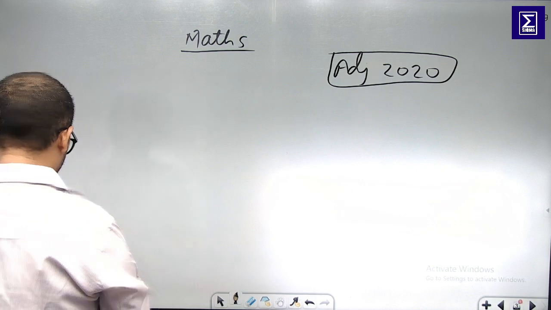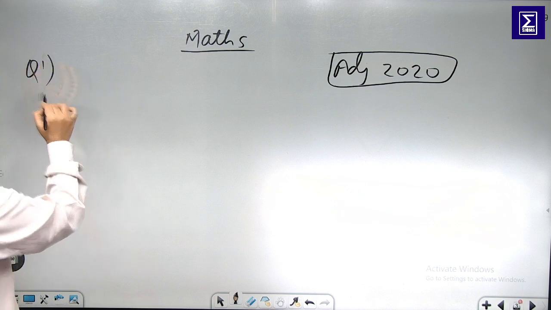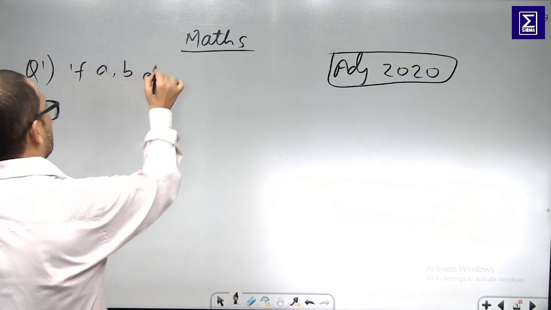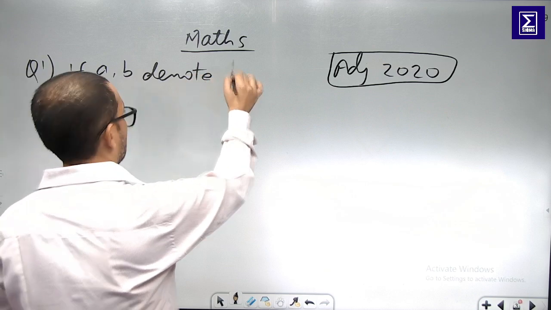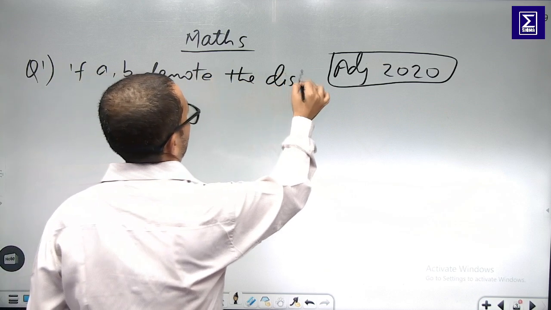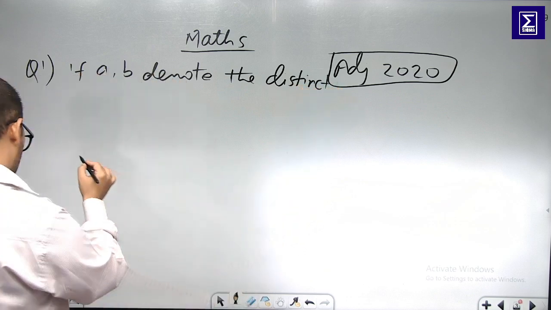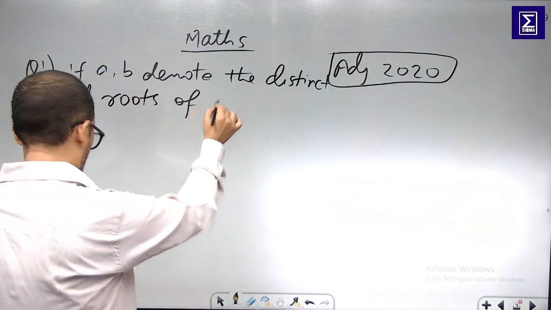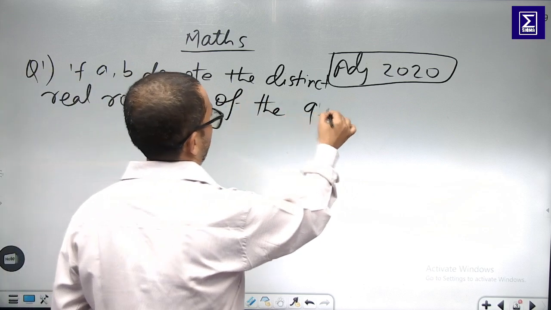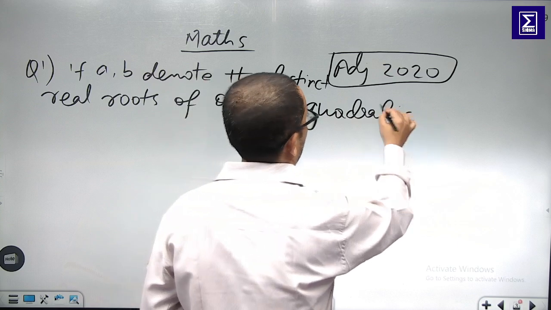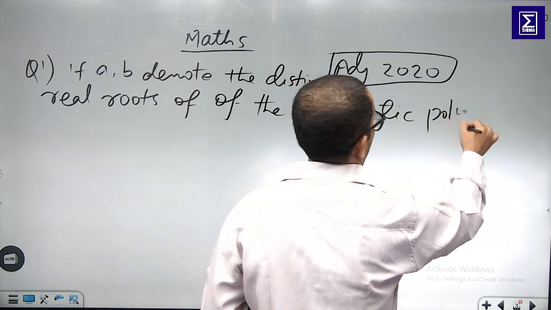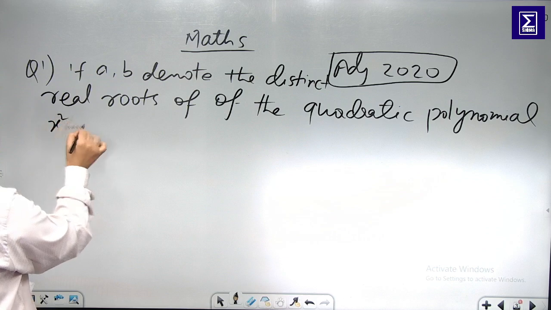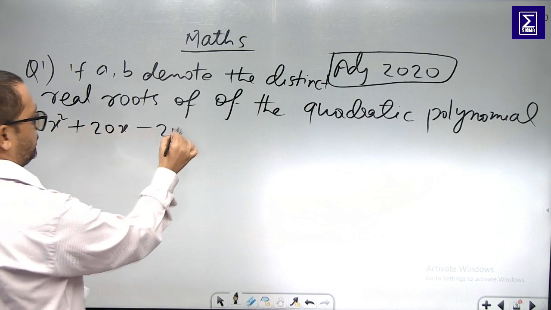So the question is: if a, b denote the distinct real roots of the quadratic polynomial x square plus 20x minus 2020,